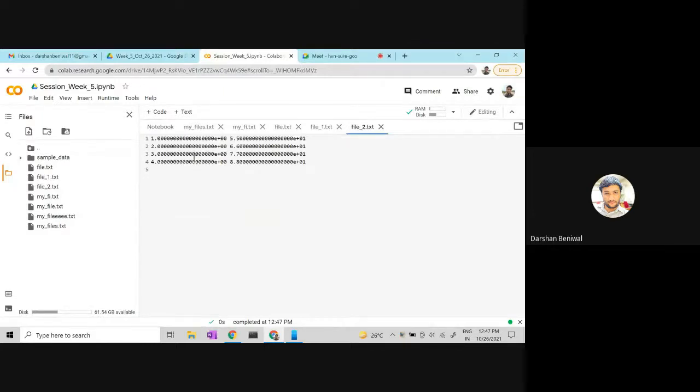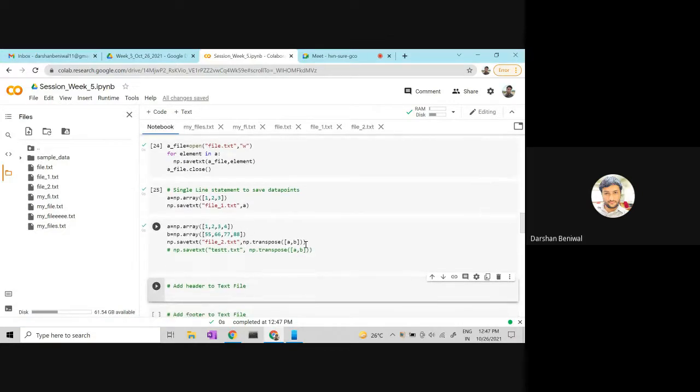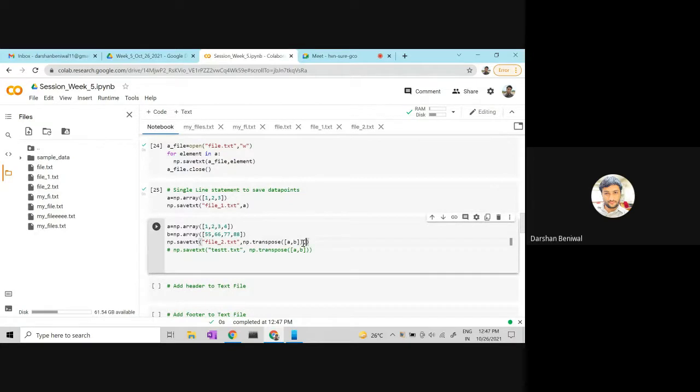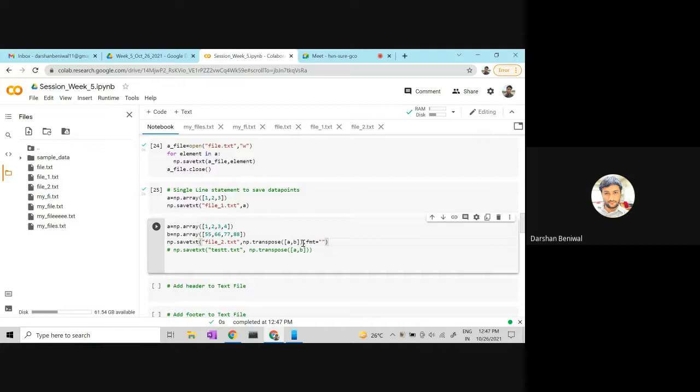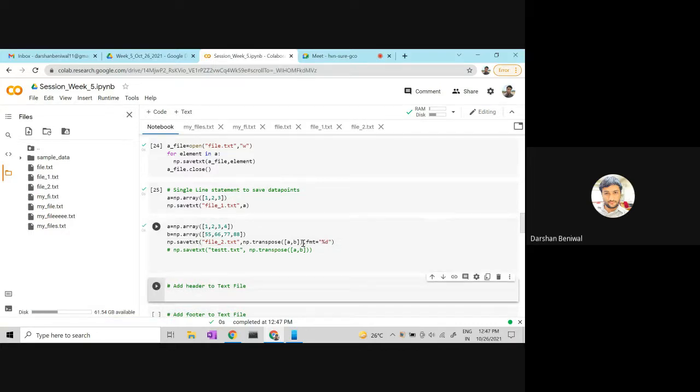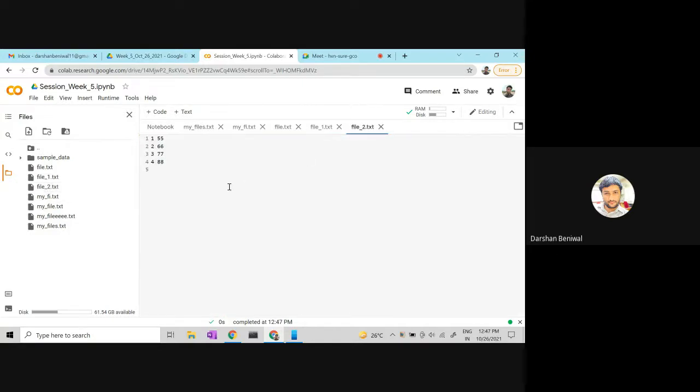Yes, here you can see. So now we can also modify it. We can also use some keyword to print in a nice way like this one. Integer type. So here you can see.